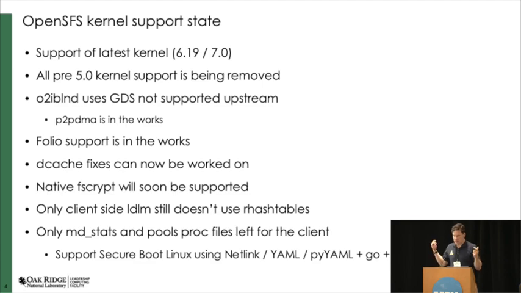So all our complex structures are gone. So we've been, as Andreas brought up, working on netlink to replace all those things. The netlink API actually works with the libyaml library, and we can put something like pyaml on top. So there are plans to do wrappers so that you will be able to do Python and import the things to use Lustre with pyaml, and it'll make it easier to port your work. So instead of just opening a file, you'll have to do a little bit of work, a few changes for your applications.